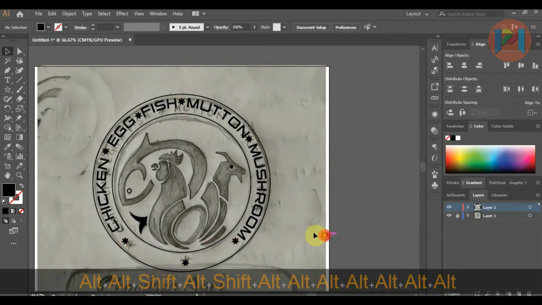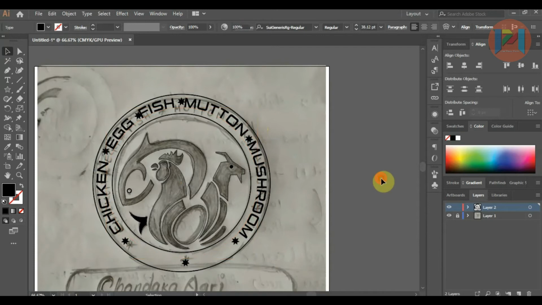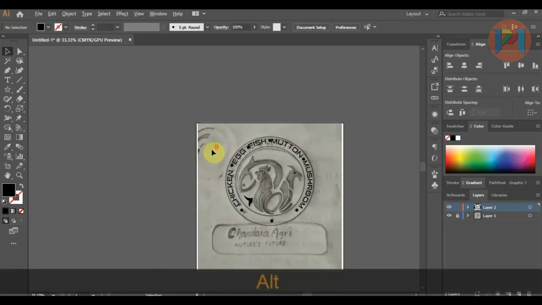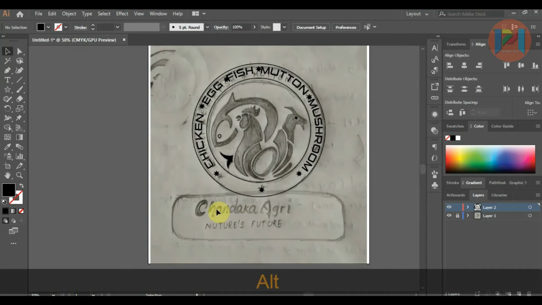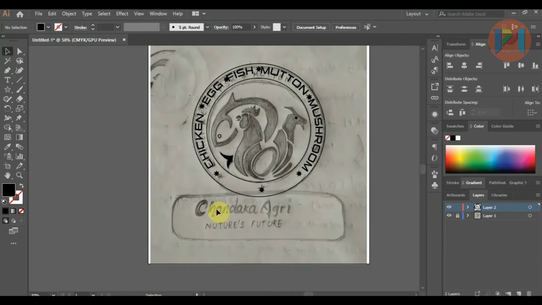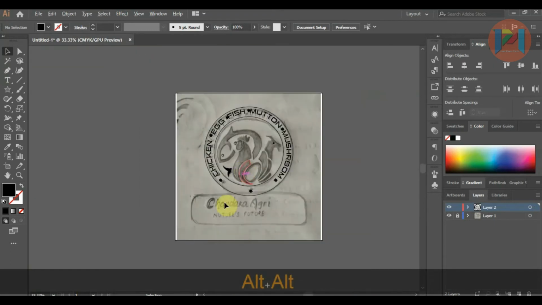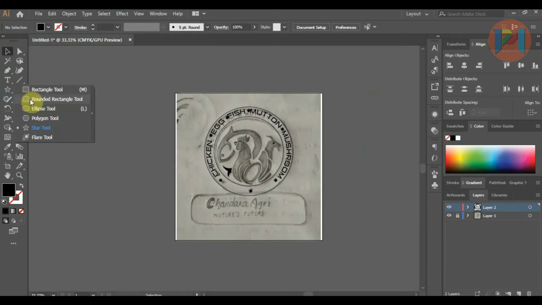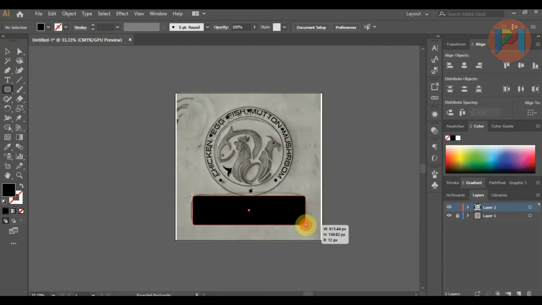See, all of these things have already been sketched before, planned before, and then we have to convert it to the digital format. So here for the name of the company, we need to draw a rectangle with curved corners,